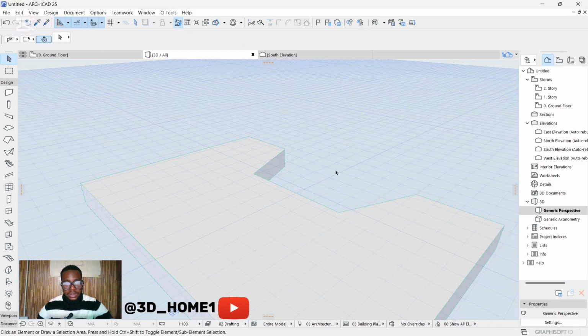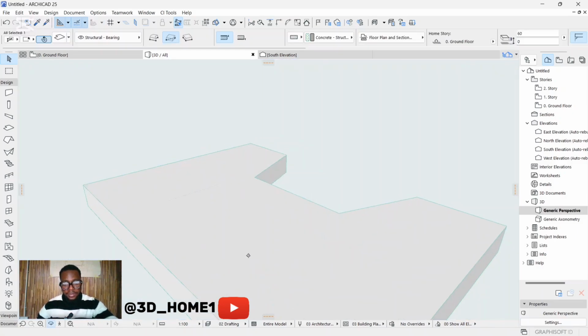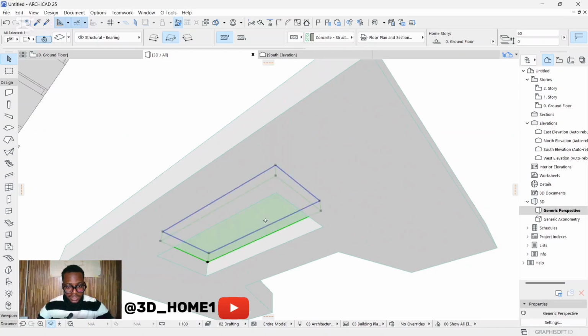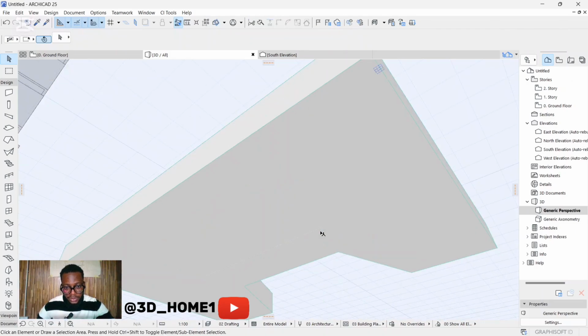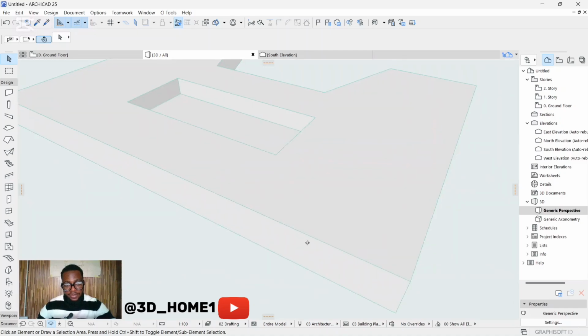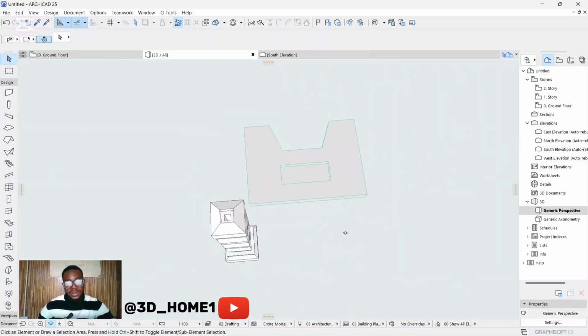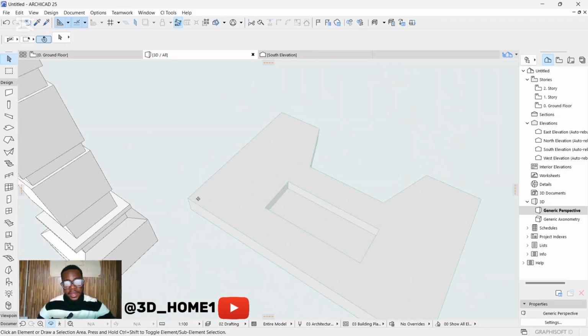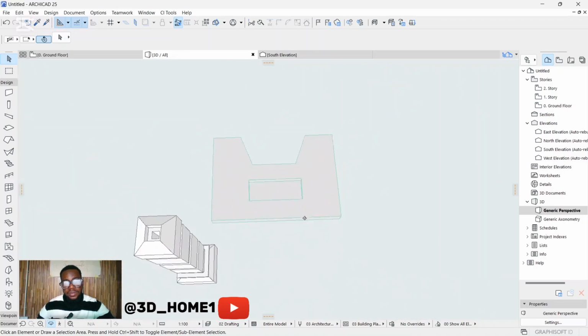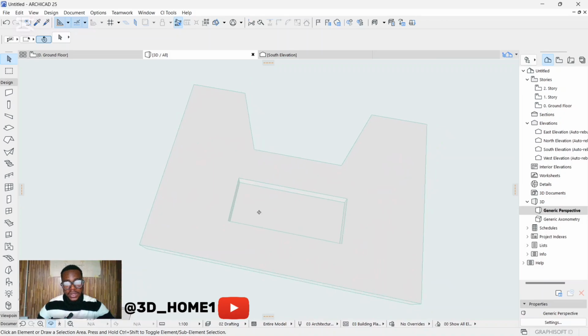Okay, 60. And if you check down, you see that there's a hole, but we don't want the hole to be this side, so we need to drag this one all the way down to this point so that the hole will be at the front. And now, okay, now what we're going to do is,